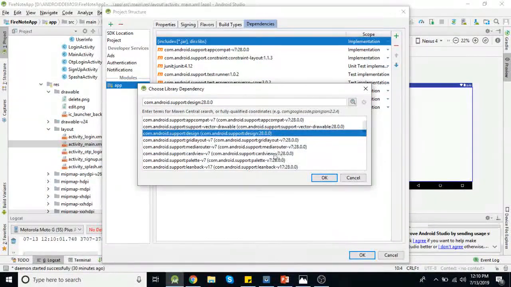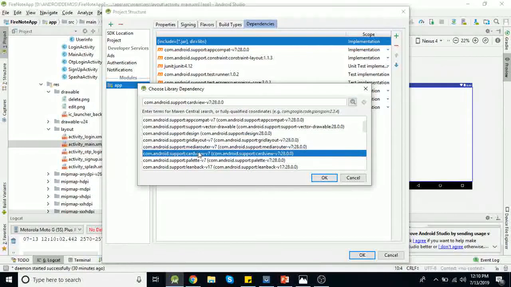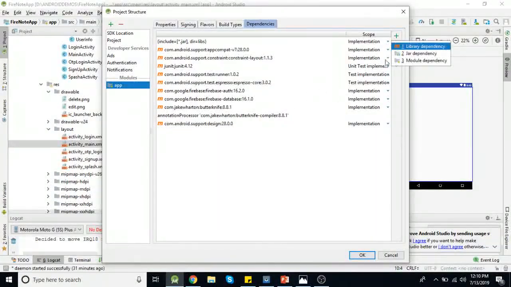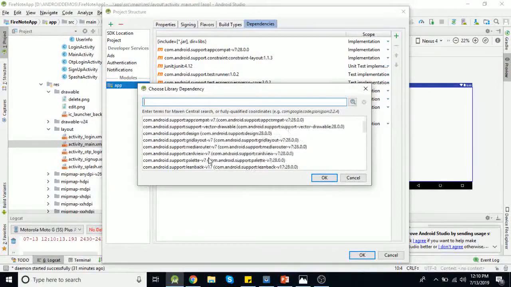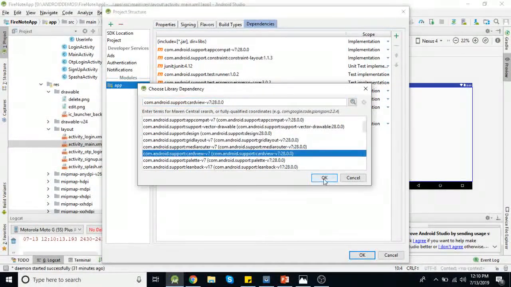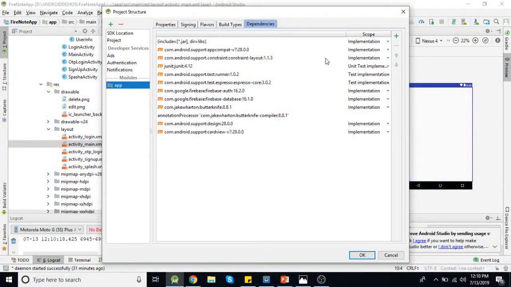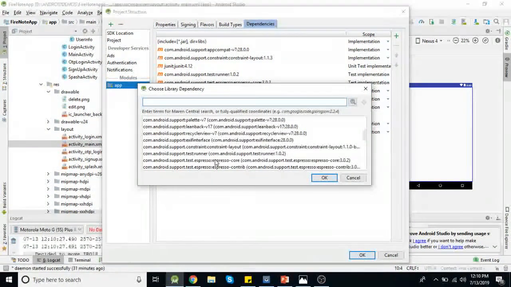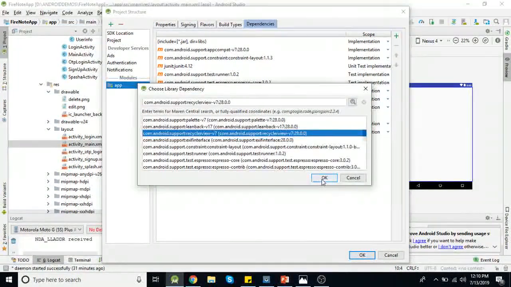Then we also need a card view, support design, then card view, this one, and we are going to display a list of nodes in a recycler view, so we are adding it, this one, recycler view.